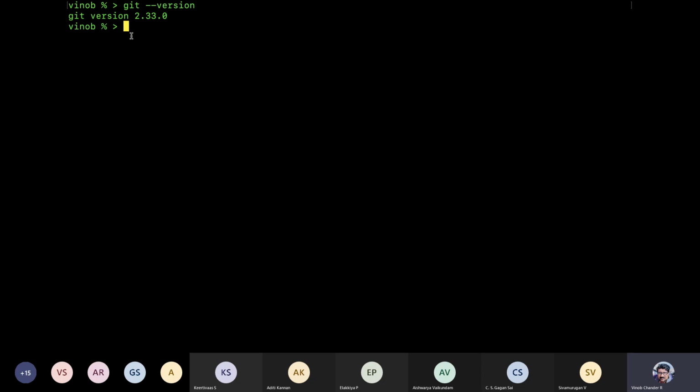So I have Git version 2.33.0. Depending upon the operating system, you may want to have the latest version of Git, right? If you're making use of Mac, I suggest you use Brew to install Git. You can also install Git from the website, but otherwise, making use of a package manager is sometimes, depending upon taste, a cool thing that you can actually make use of. All right.